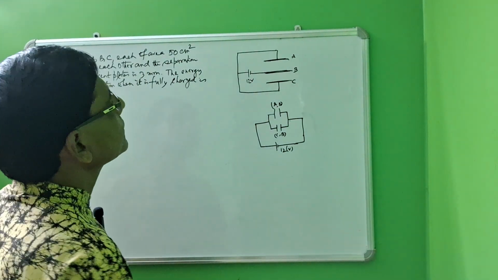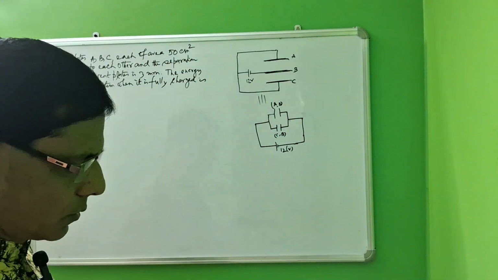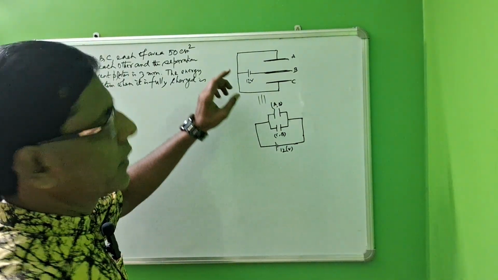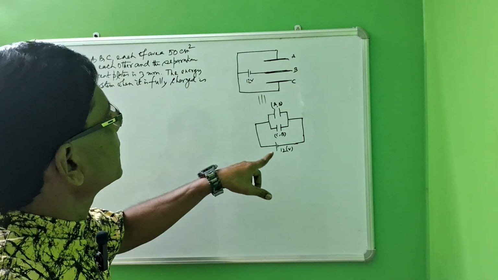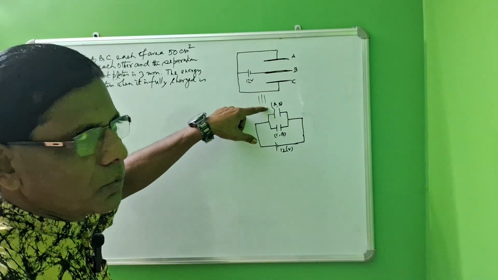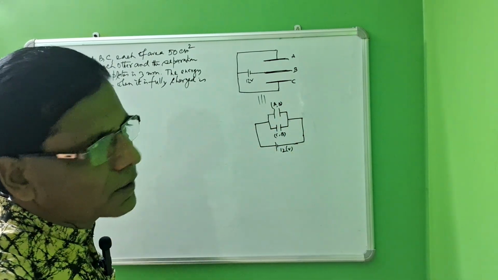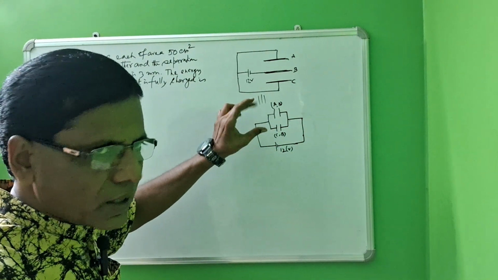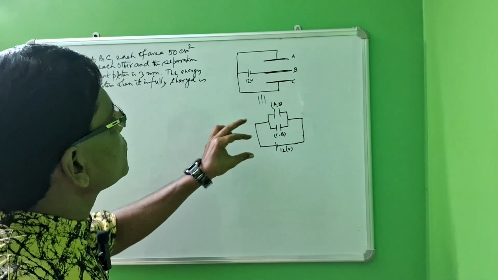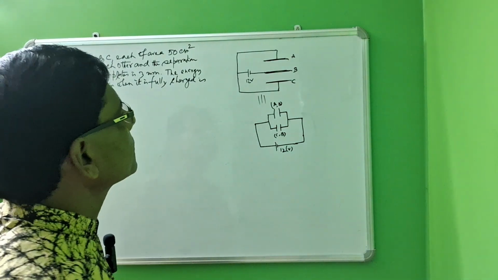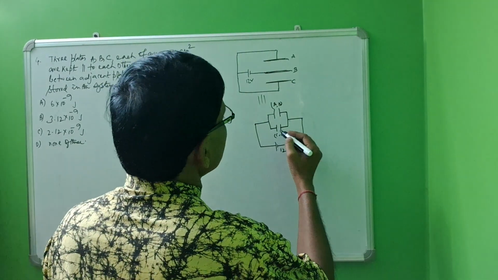we can write this diagram as equivalent to this diagram. Again I say the positive end is connected to A and C, and the negative end is connected to B and B. So this is the parallel connection of the two capacitors. So the equivalent of these two will be as